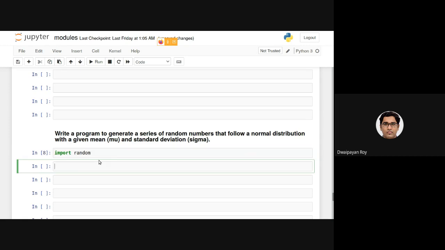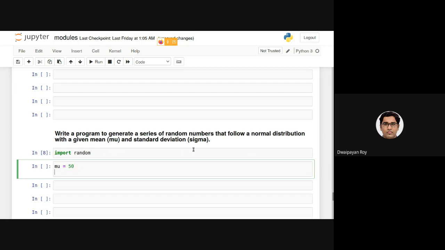So basically there are two parameters, mu and sigma. Let's say I am declaring mu equals 50 and sigma equals 10. Now again, rand population: I'm declaring basically an empty list.